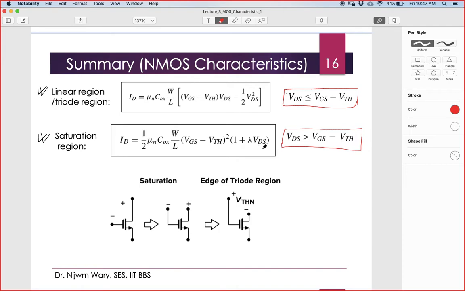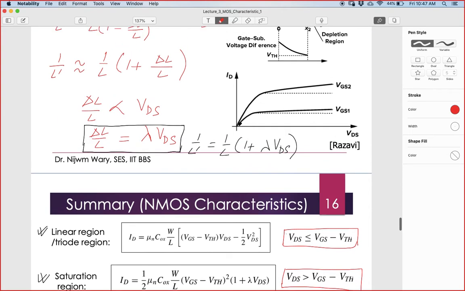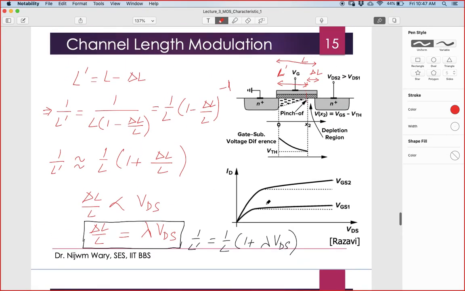What it shows is that with increase in VDS, there is a slight increase in the current, which you can see from this graph. It is supposed to remain constant, but because of this pinch off, and because the pinch off is significant compared to L,